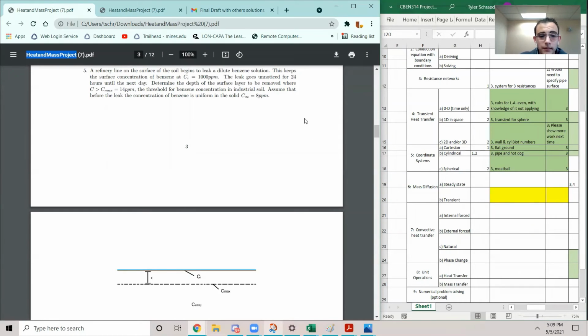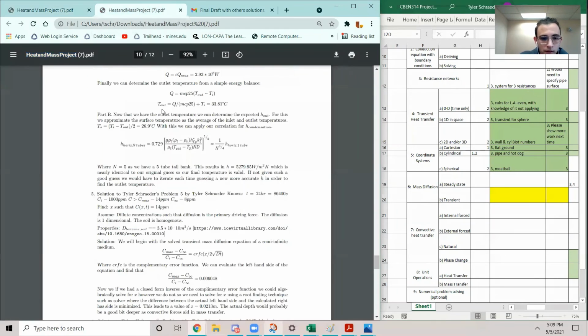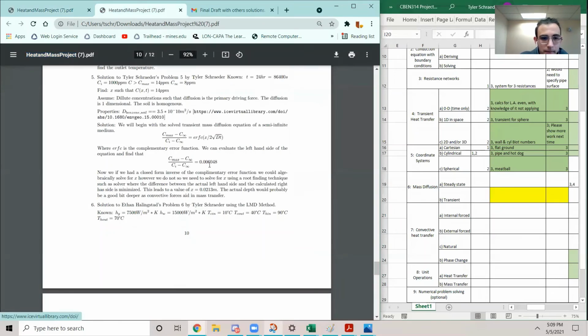For our final problem, we have a leak causing a concentration at the surface of benzene. And then over time, this diffuses through, and we're looking at the depth before which our maximum concentration limit is reached. So we consider it as a semi-infinite medium,